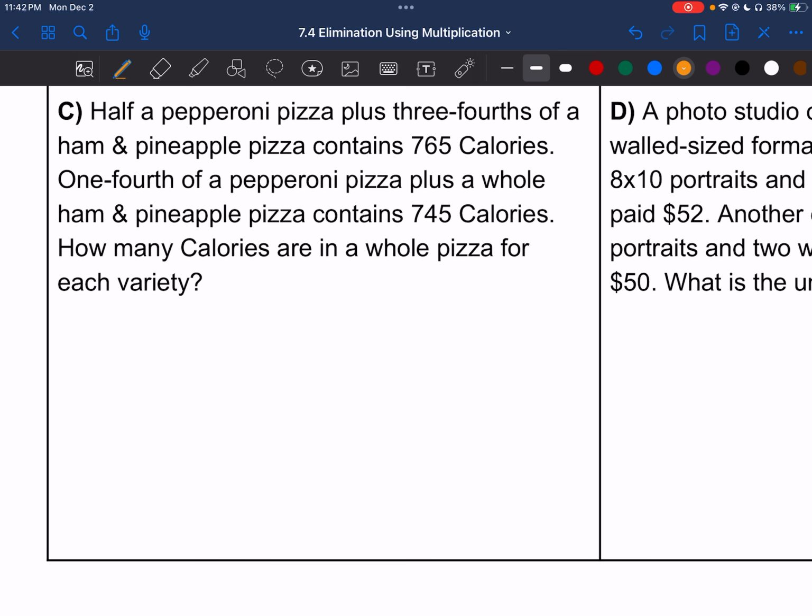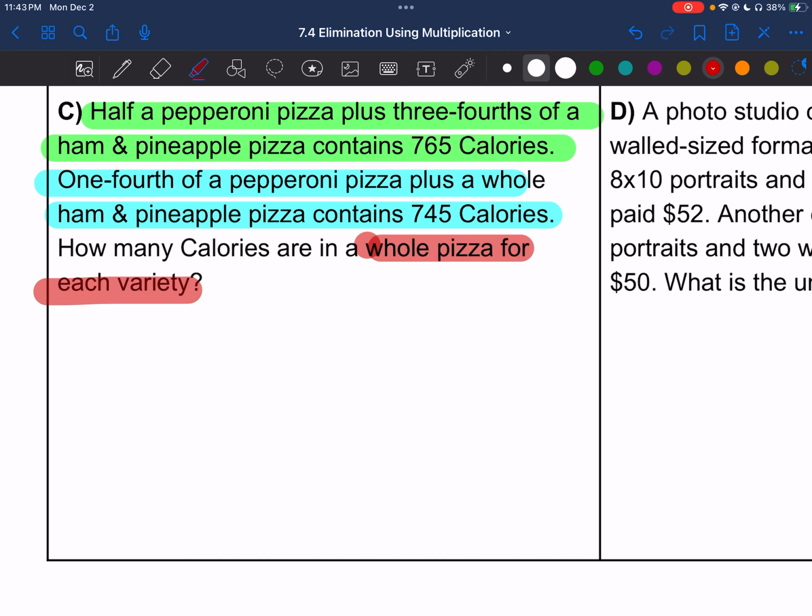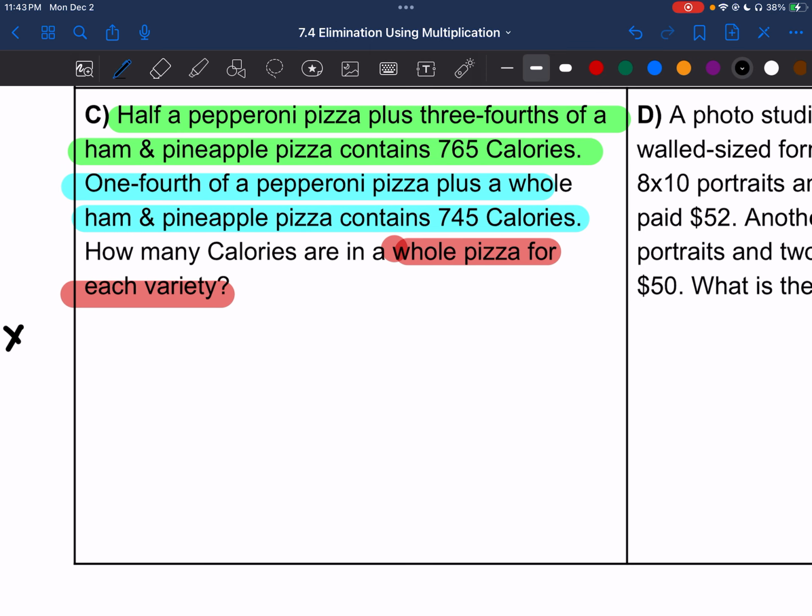Letter C. We have half a pepperoni pizza. Half a pepperoni pizza plus 3/4 of a ham and pineapple contains 765 calories. A quarter of a pepperoni plus a whole ham and pineapple is 745 calories. How many calories are in a whole pizza for each variety? All right, so we need to know both variables, so we're going to solve for both. So x is going to be pep, y is going to be